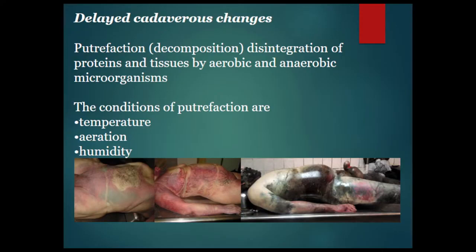In the middle picture, you could see the putrefied venous network. Also, you could see gas formation under the skin, subcutaneous putrefactive emphysema, and within the cavities of the body. And the last picture demonstrates a severe state of subcutaneous emphysema. You could see subcutaneous emphysema of the scrotum and penis, accumulation of gases within the abdominal wall. By the way, these gases within the abdominal wall and within the abdominal cavity